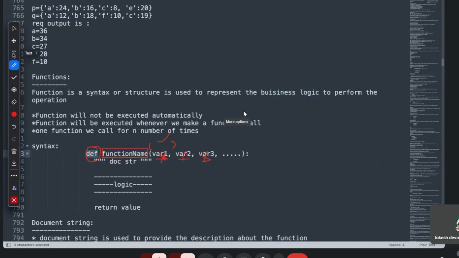So now tell me, what is the syntax to construct a function? You need to write def, which is a keyword. It is a reserved word in Python. Already we have seen reserved words. If you go and check, the keyword def is there, and def is a keyword followed by